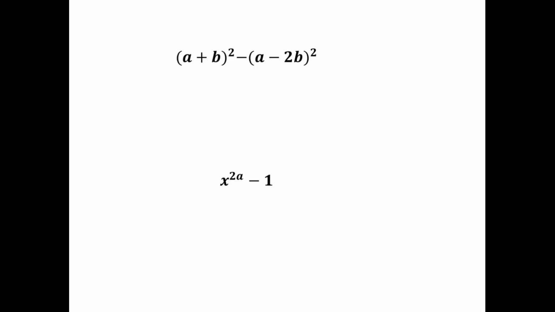So in order for us to factorize this, we're going to write it as a difference of squares, and it's a sum and a difference of the square roots. So it's a plus b, and then we have a plus b, the square root of the first one, and then the second one is a minus